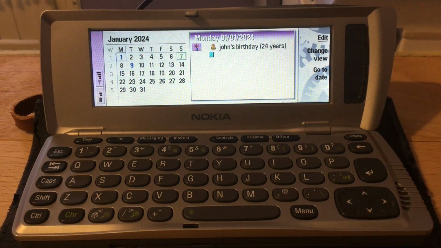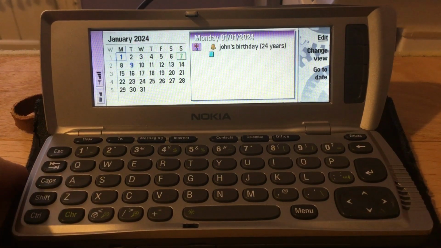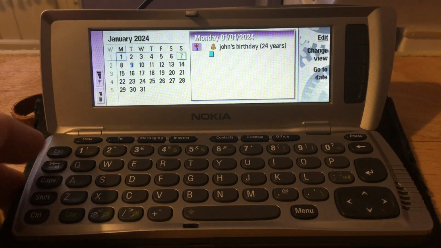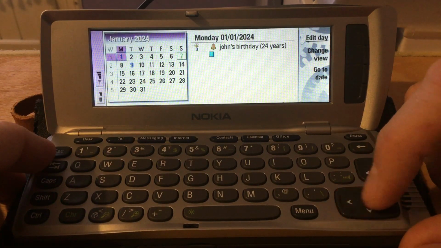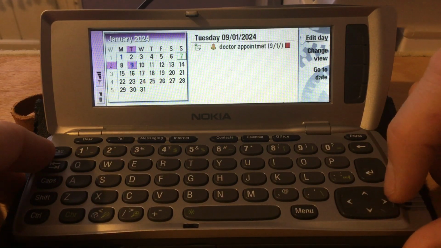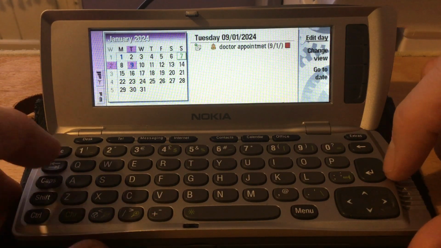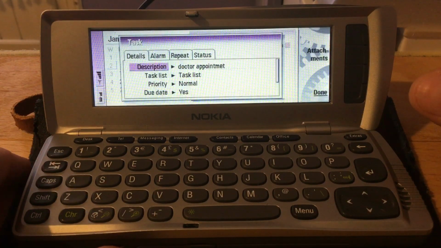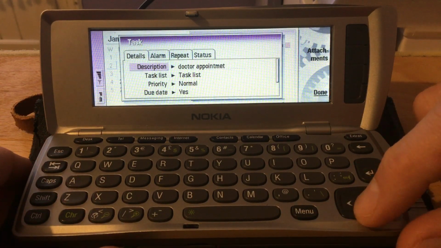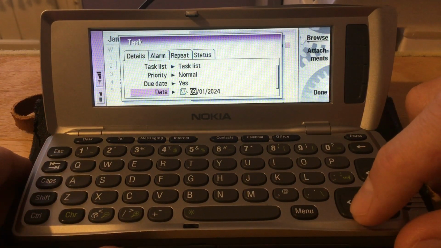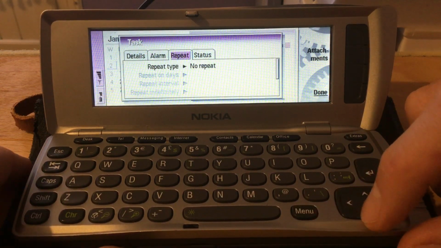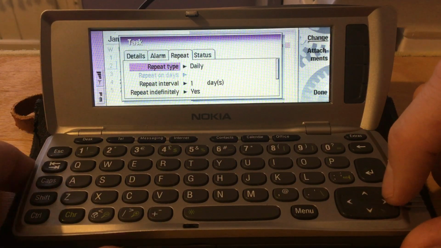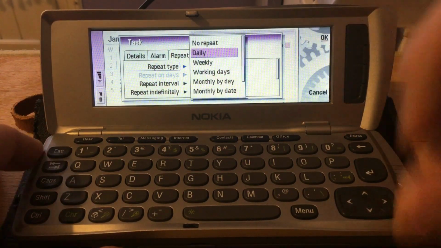Actually no, let's create another appointment because this one was an anniversary, so this is a birthday. Actually I created the doctor one. Let's see if I find it. What is it? Oh yeah, the doctor appointment. Okay, the doctor appointment. Now let's open the doctor appointment. Due date, okay. And I want to modify that. So repeat. I want to repeat this appointment